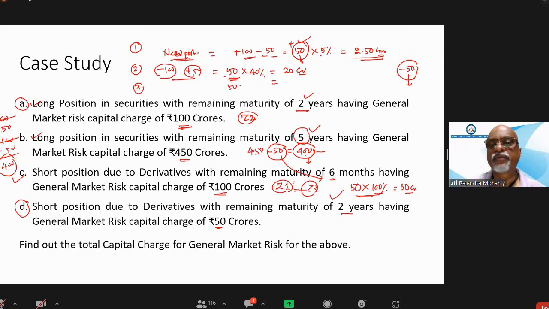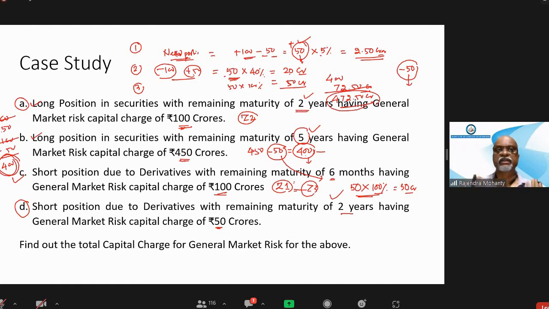This is also 50 into 100. So it is 50 crore. So total of vertical allowance and horizontal allowance, how much? 50 plus 20 plus 2.50. So it becomes 70.50. Okay. Earlier position we have carried out, this is 400. So total capital becomes 470.50 crore. So this is the